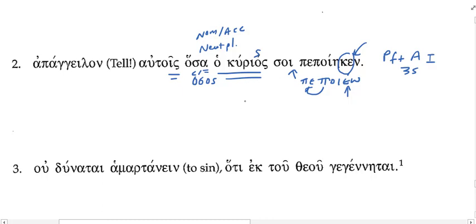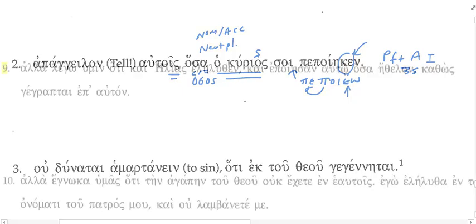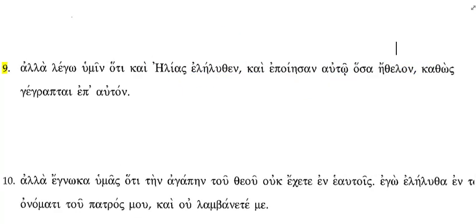Any other questions on the translation work here? Let's read number 9 here together in unison. Ready? Allah lego humin hati kai Elias eleluthen kai epoiesan auto hosa ethelon kathos gegraptai ep auton. All right. So, what does Allah mean? This is a conjunction. However, yeah, that's right. But, lego humin,